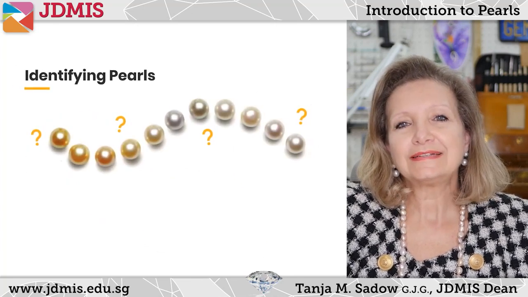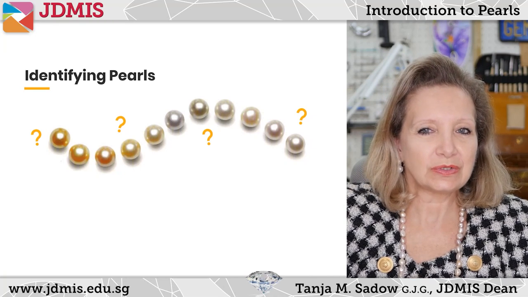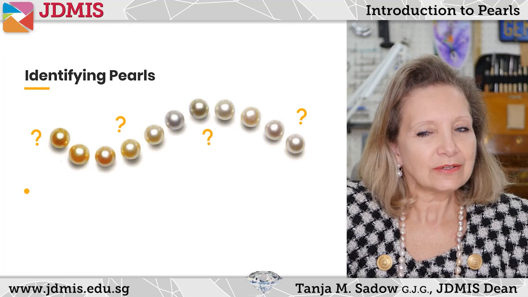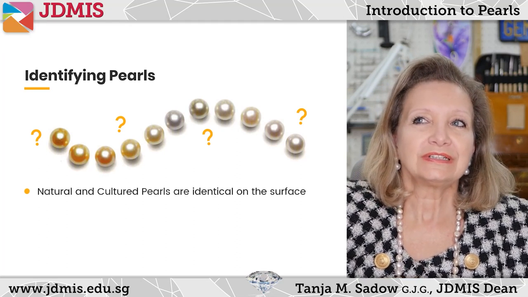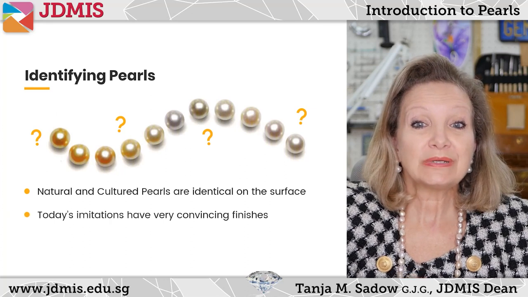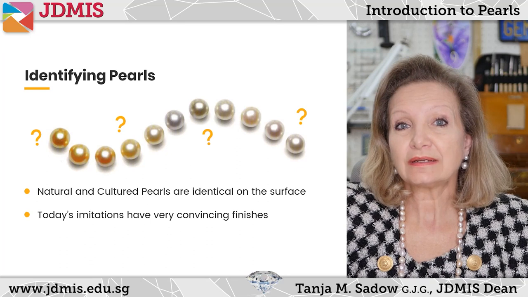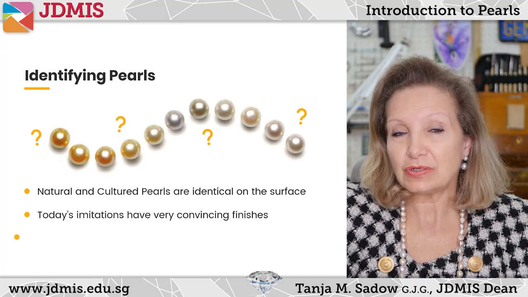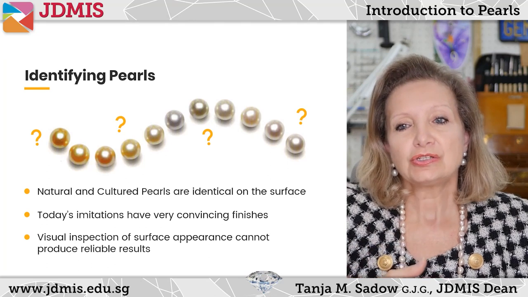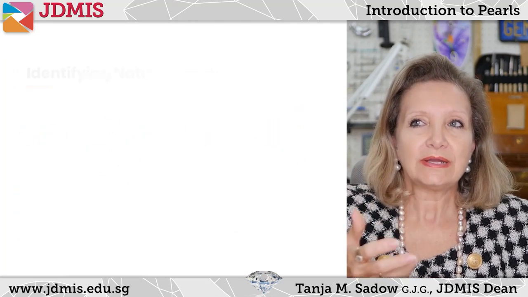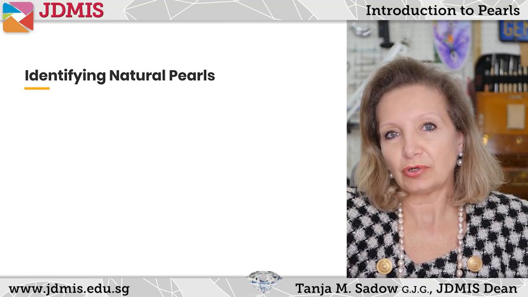So what about identifying the different types of pearls that we've just talked about? We've talked about natural, cultured, and imitation. Today, because the imitation can be so convincing, it's difficult. But of course, between natural and cultured, it's even more difficult because that outer coating, the outer structure, is the same. So one of the ways we could identify is by taking them to a proper gemmological laboratory,